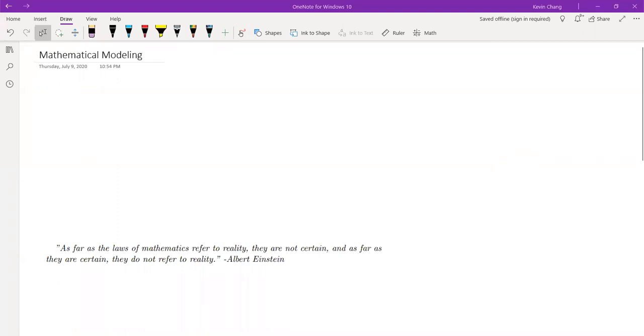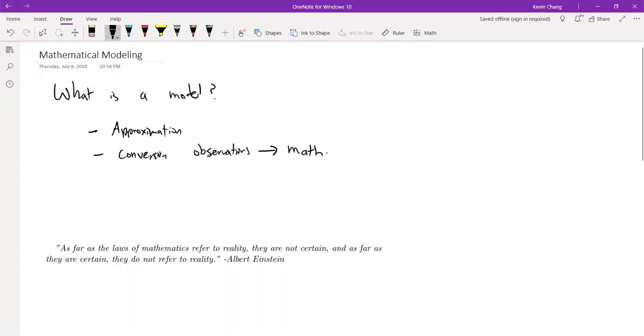And so I'm going to first start off our lecture today by discussing what a model really is. So our first question is going to be, what is a model? And of course, the definition of a model will vary between different teachers, different people, but in general, it'll mean the same thing. A model is an approximation of what reality is telling us using mathematics and our observations. So by observing different properties and factors and different aspects of reality, we can convert those into mathematical relations and use those mathematics to help us predict, understand, and analyze what is happening in real life. So I'd say that a model would be an approximation, of course. It is a conversion of our observations into math. So by doing this, we can handle real life in a language, a mathematics that we can understand